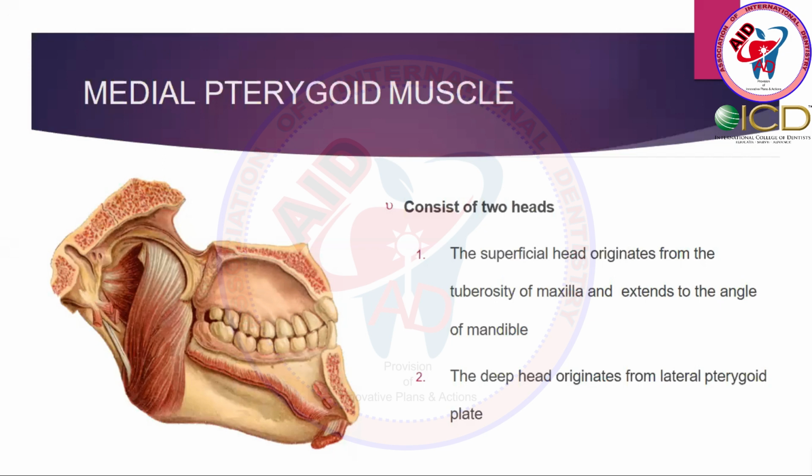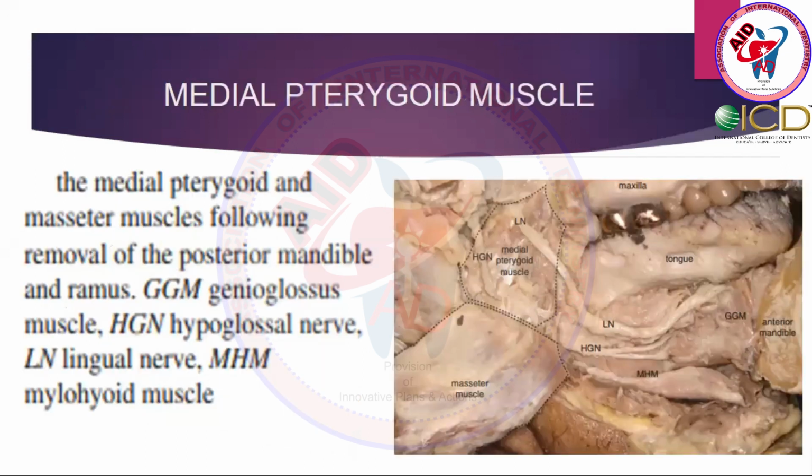Now, when we go into the orientation of the medial pterygoid muscle anatomy, we have to cut the mandible. We have to remove the body of the mandible to see where the deep area of the medial pterygoid muscle is. This is the masseter muscle we have removed from the mandible. Here there was the mandible, we have removed it. After removal of the mandible, on the medial side you can see the medial pterygoid muscle. This is the lingual nerve, which is crossing just beside the medial pterygoid muscle.